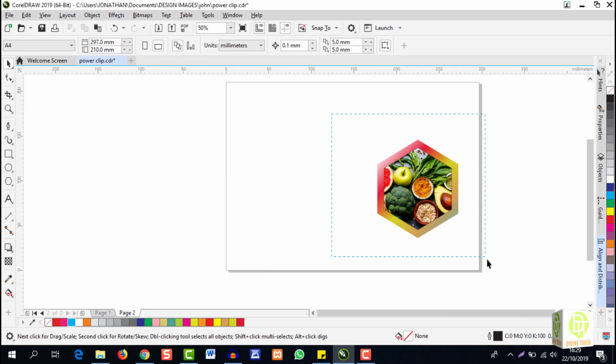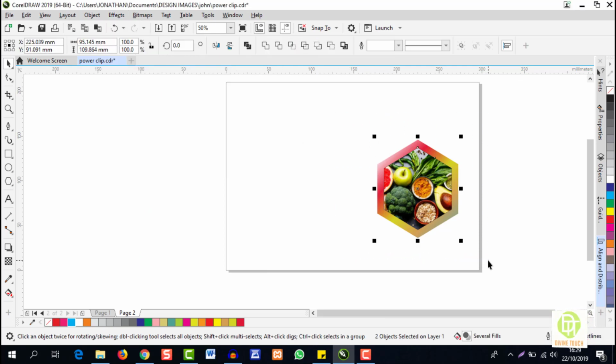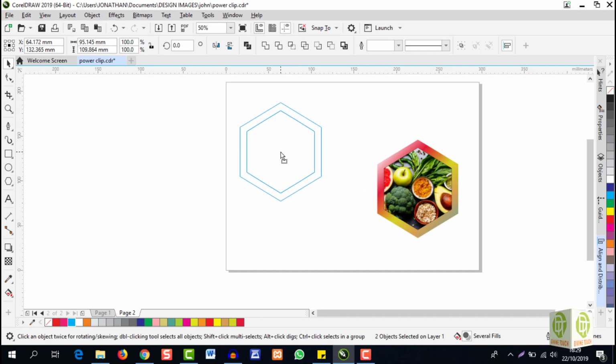Gaussian blur. I think some will pronounce it very well than me. Enough of that. Let's copy this one here. I'll have to